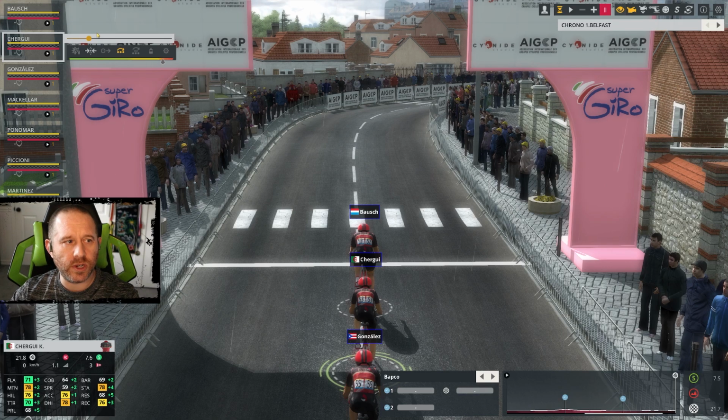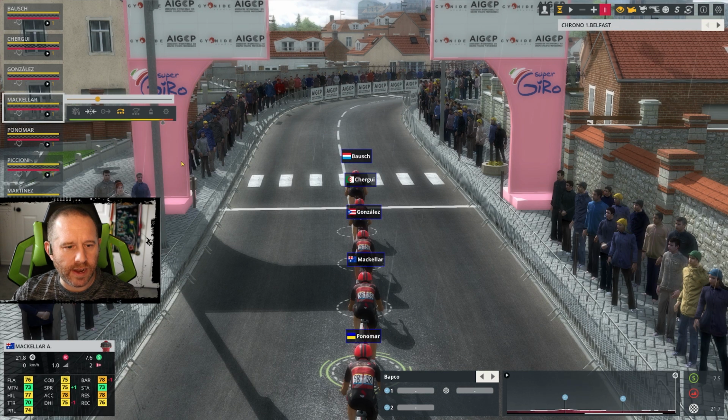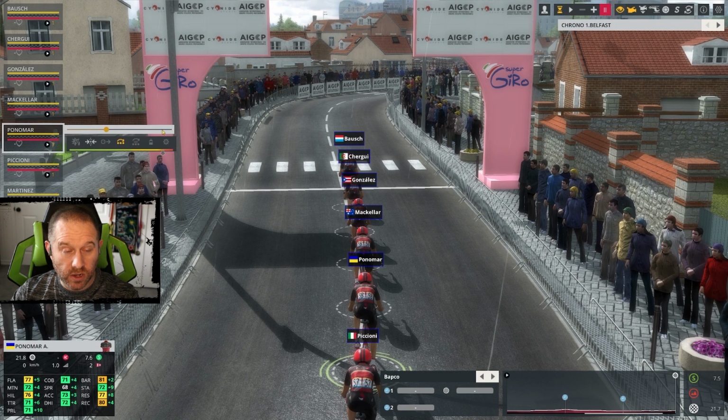So we've got him on a shorter time, but he could do something and then get himself dropped. Gonzalez is okay, and I think mostly Gonzalez needs to shorten his time down a little bit as well. McKellar is not going to hang in there terribly long, so he's going to need to be on a short time. But Panamar looks really strong,